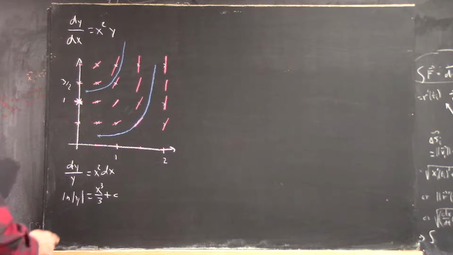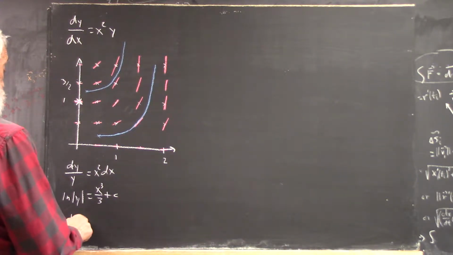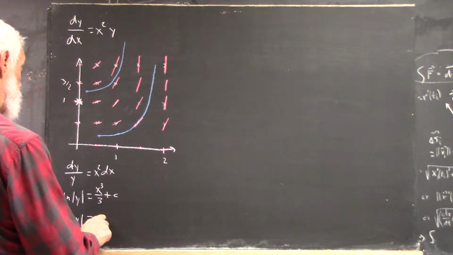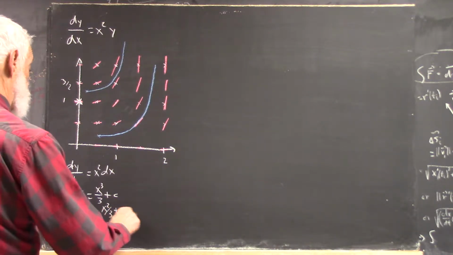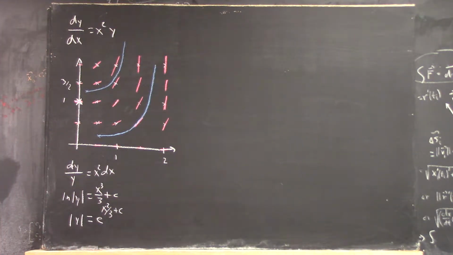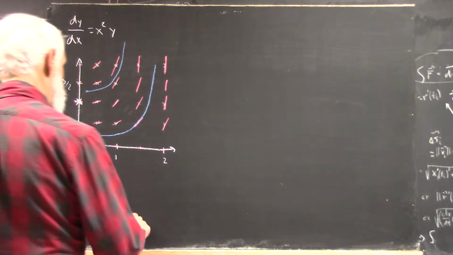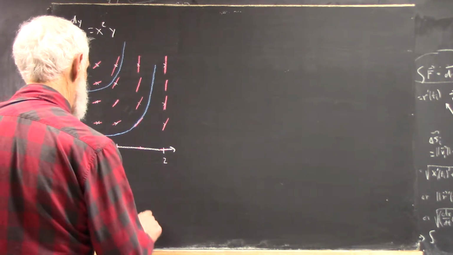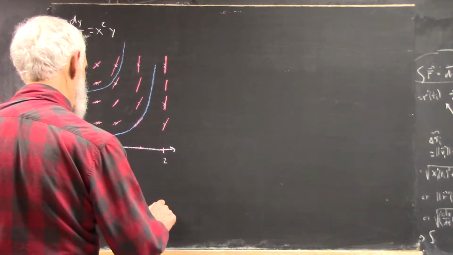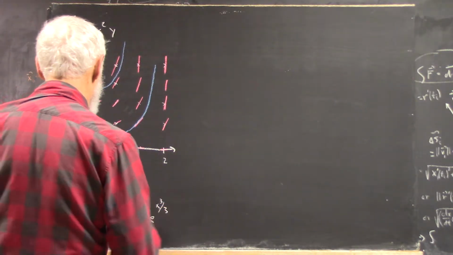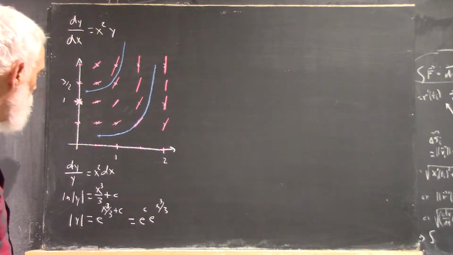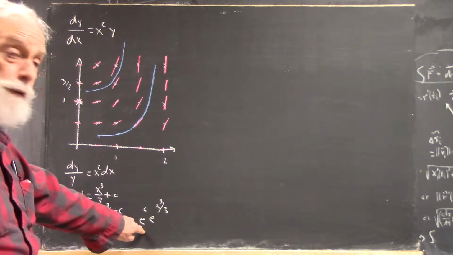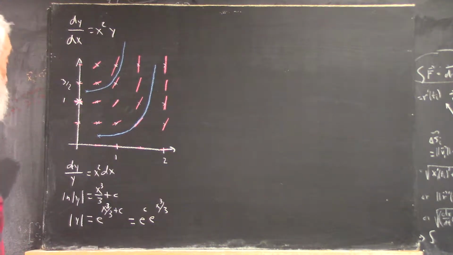And then you do the arithmetic, applying the inverse function and so forth, and we get this, right? And that can be written as e to the c times e to the x cubed over 3. Now, I wrote 2 there instead of a 3, but correct that, okay? Where c is arbitrary,